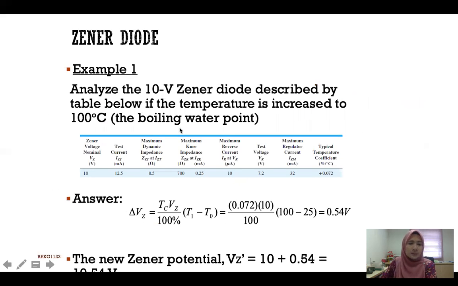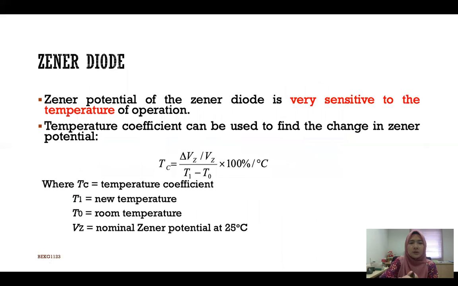So now let's do example 1. Example 1 asks you to analyze the 10 volt Zener diode described by table below if the temperature is increased to 100 degrees Celsius. Okay, so you are given this value. The question asks you to analyze the 10 volt Zener diode described by table if the temperature is increased to 100 degrees Celsius. Okay, so by using this formula,